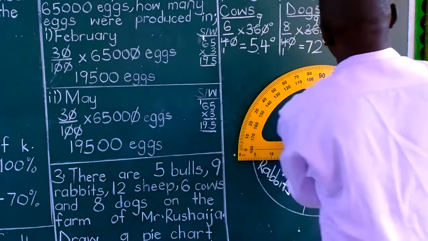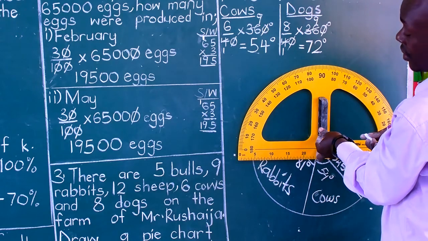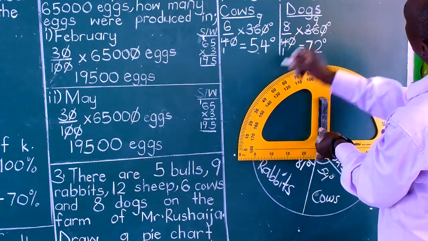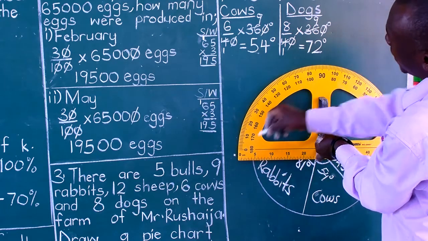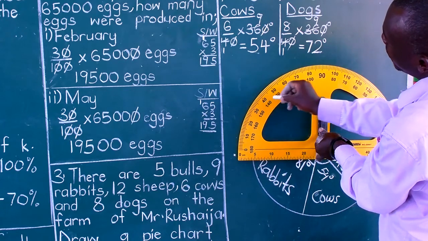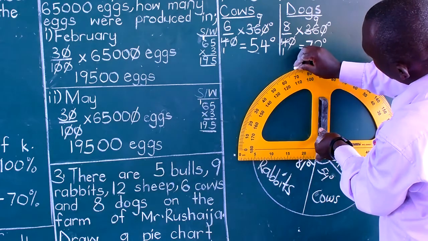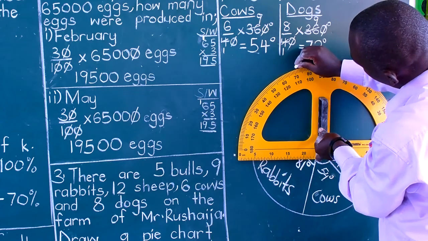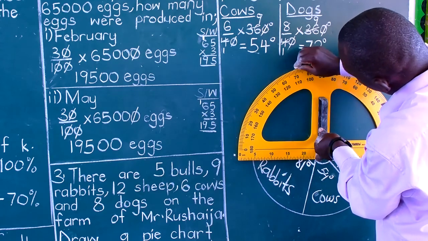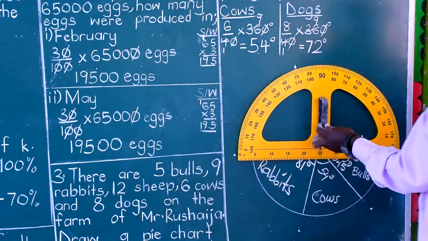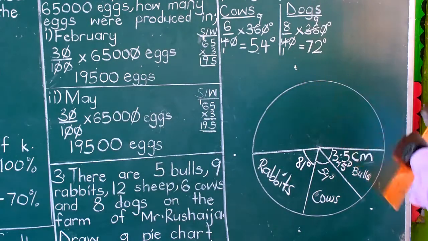Then I will take a reading. Ensure it doesn't move. It is stationary. It does not move in any way. So we are measuring 72 degrees. Start from 0, go clockwise. Remember, 0, 10, 20, 30, 40, 50, 60, 70. Then other 2, 71, 72. So our 72 degrees are detected here. Now there is that point. Then I'll remove. Bring a ruler and then